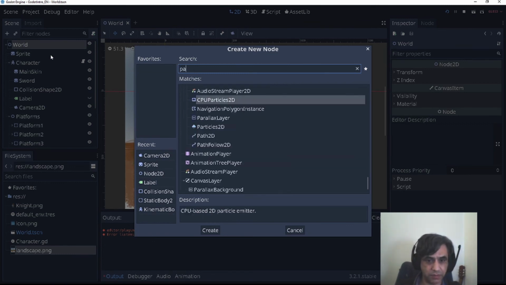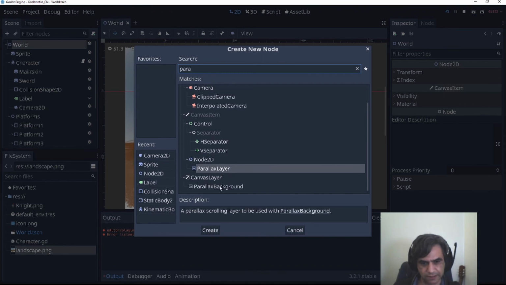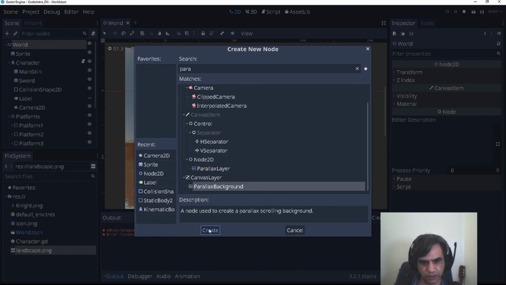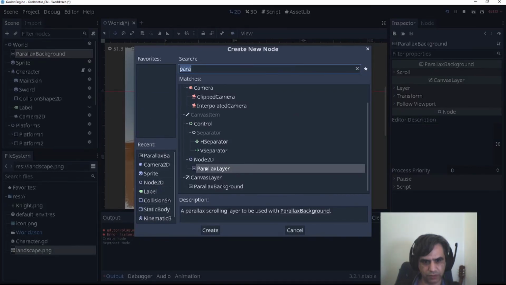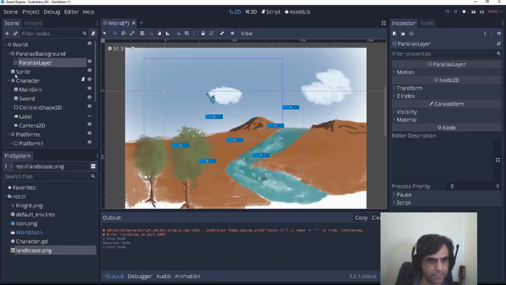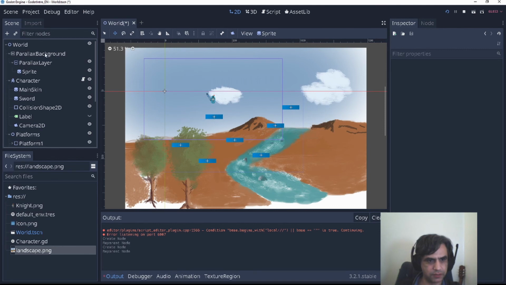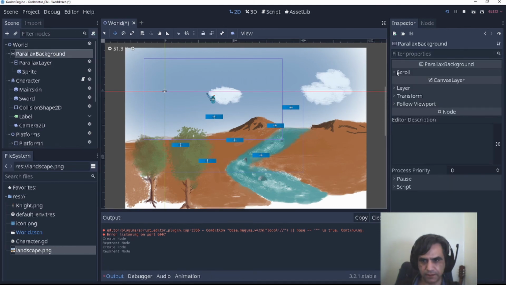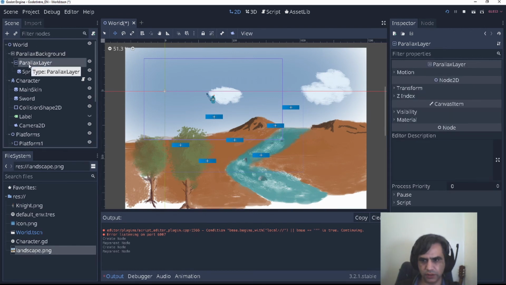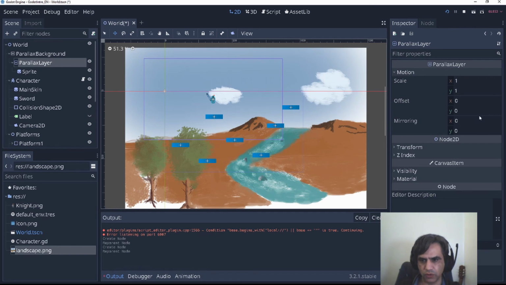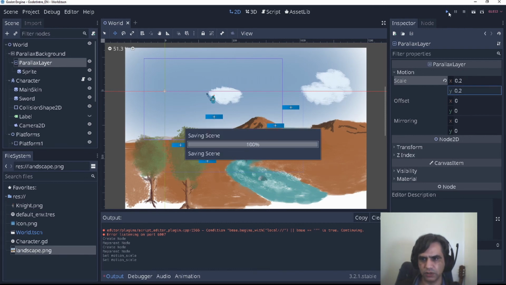It's the parallax, and I need to add a parallax background that goes to the top, and we are going to have a parallax layer that has this sprite. Scroll layer. Okay, and this has the motion, and I'm going to change the motion of this by doing 0.2, 0.2. Let's see if this works well.